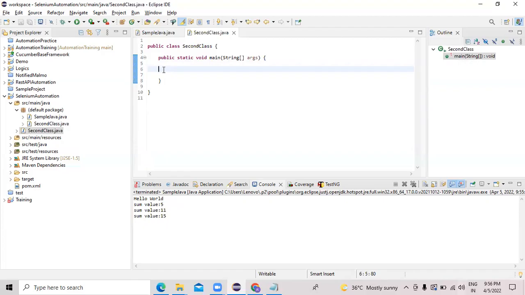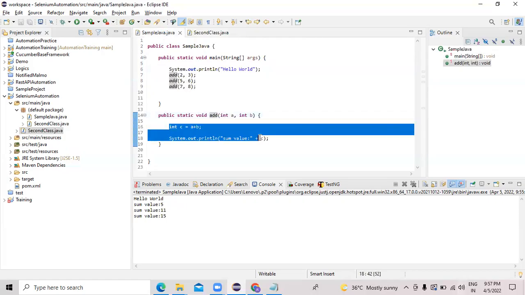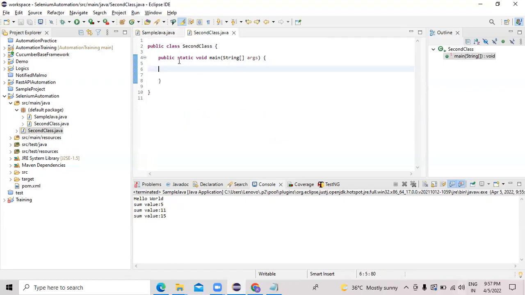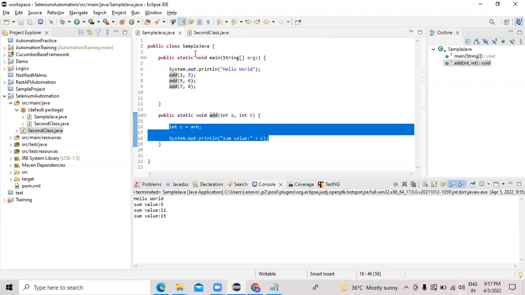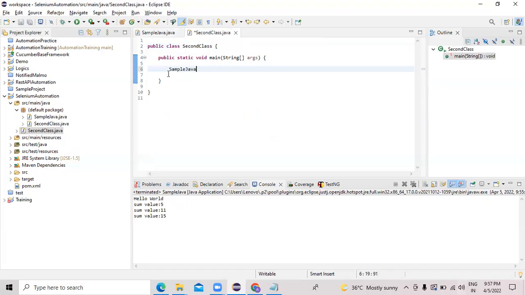Suppose you have a requirement, even in this class you have to write some addition, but you already have written the add method here, right? So you don't need to write this one again. So what you do, what is this class name? Sample Java. So what I'll do, I'll say sample Java, some name equal to new